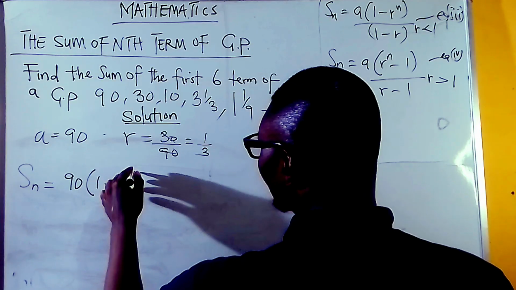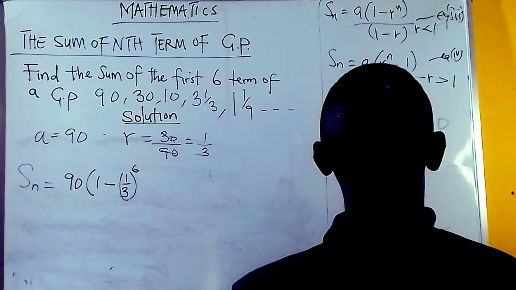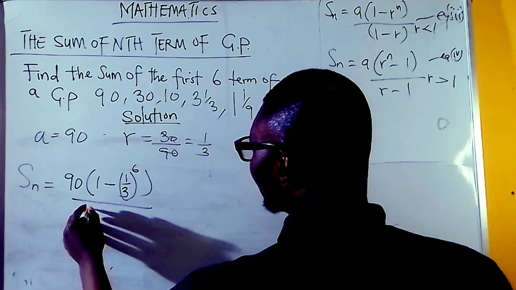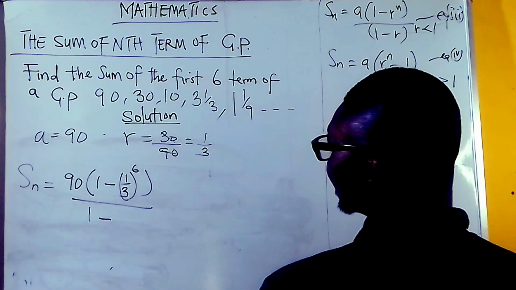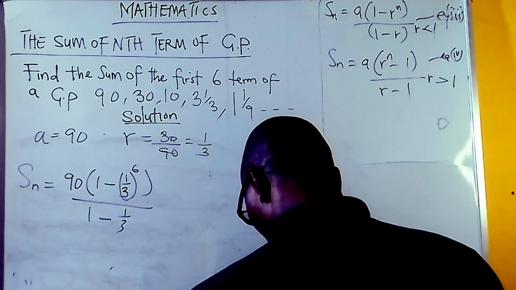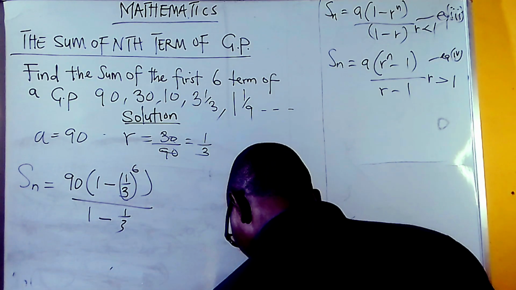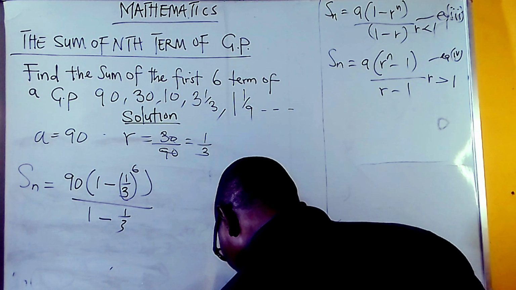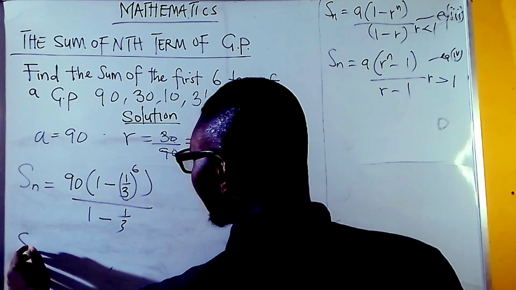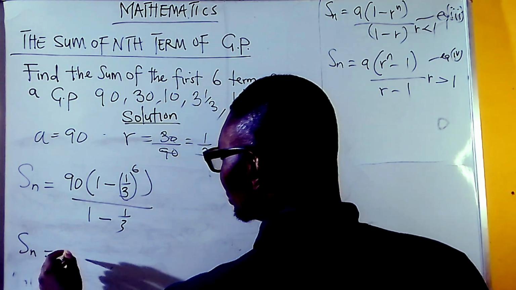So raised to the power of 6, all over 1 minus our r, which is given as 1 over 3. So by the time you simplify further, we now have Sn is equal to